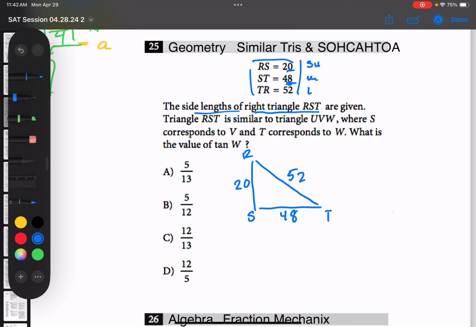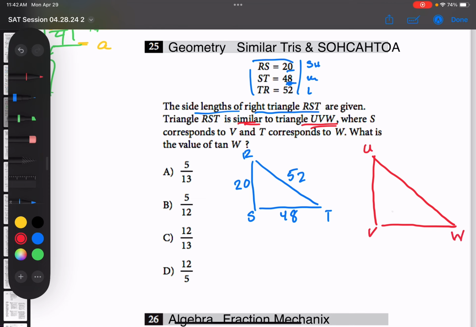Now, is it a right triangle? I don't know. I don't want to jump to that conclusion. Let me just draw the images that they're giving us. Then they said that triangle RST is similar to triangle UVW. Now I'm going to draw a triangle for UVW. But you know how we drew RST, right? So we follow the same pattern. RST,